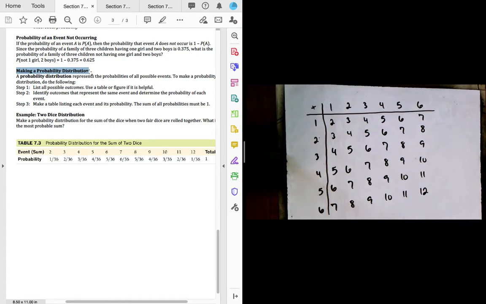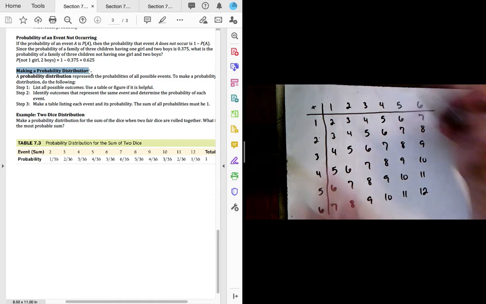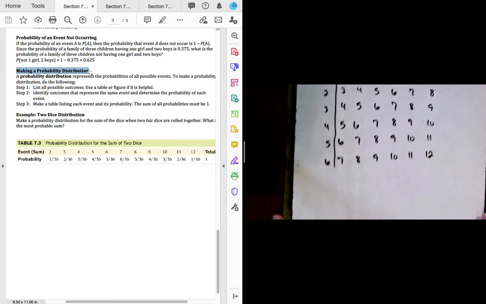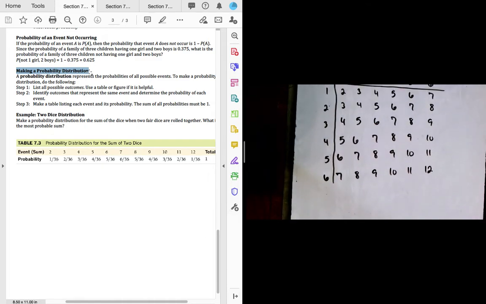And we can see that there's only one way to roll a 12, if both of the values are 6. So the largest value I can roll is a 12. The smallest value that I can roll is a 2. Now I have this probability distribution, and I'm going to use that to write out all of the different probabilities